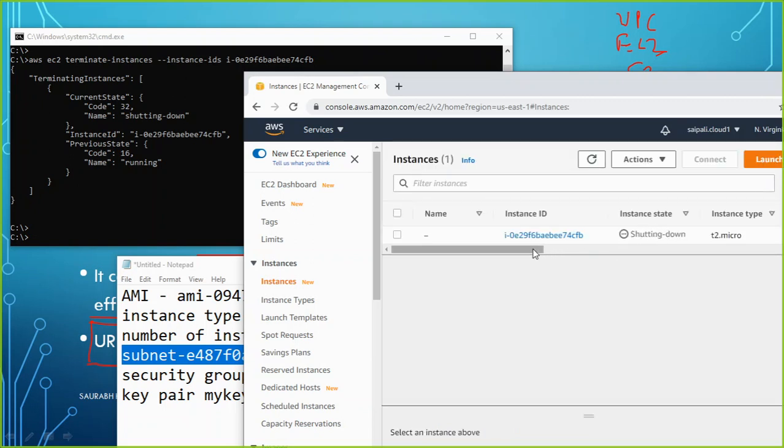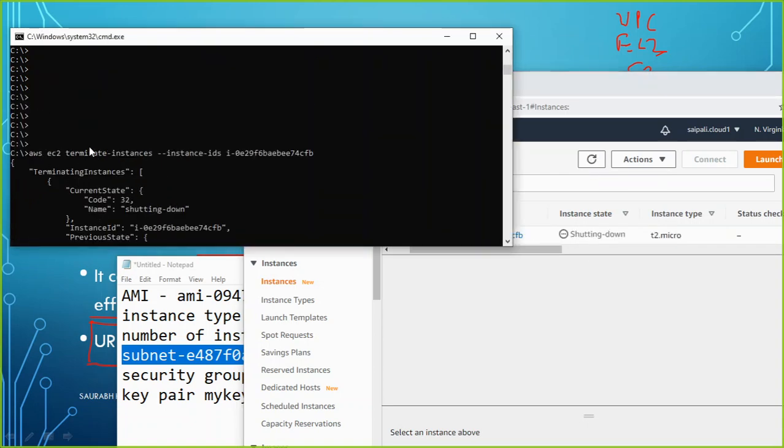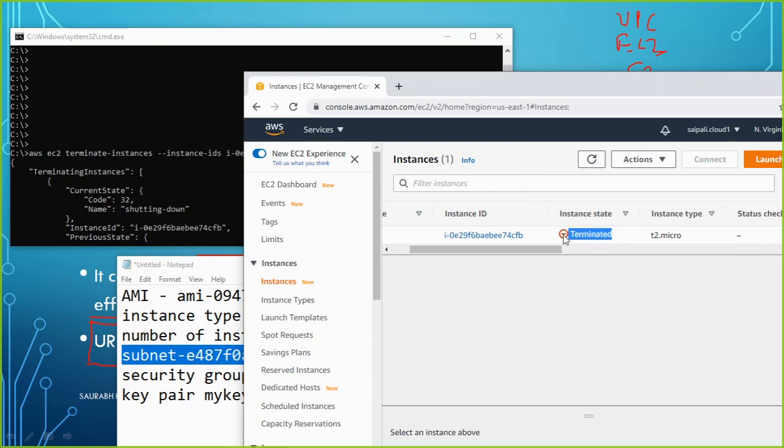Shutting down. Once it is shut down, it will be terminated as well. Just wait for a moment. Once it is shut down, it will be terminated, and that is the task we performed: terminate the instance where the instance ID is this one. You see here, terminated.